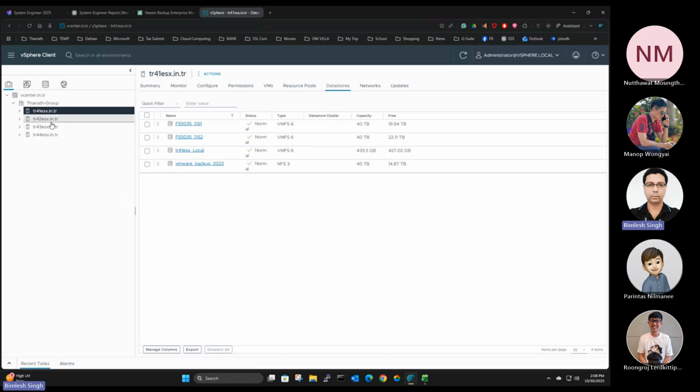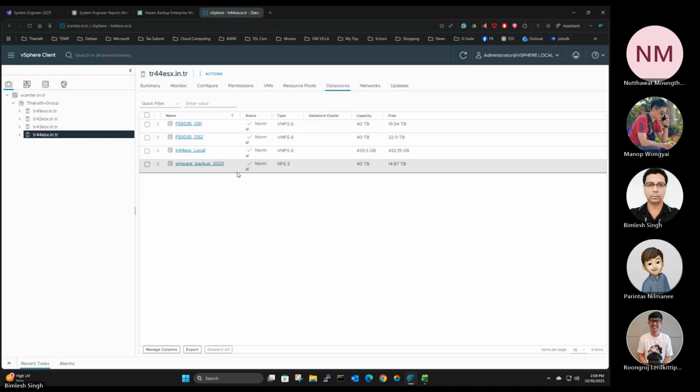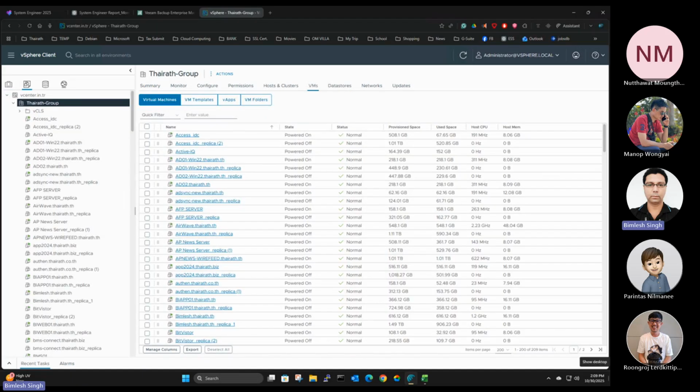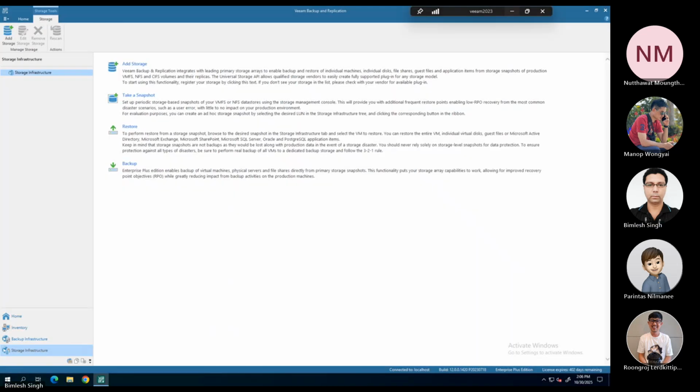So for the safe side, we just do it two times, vCenter plus ESXi server. You can see all the ESXi servers have the vCenter backup. The VM backup is there. Okay, so once this one is done, back to our ESXi VM backup, and then we come to